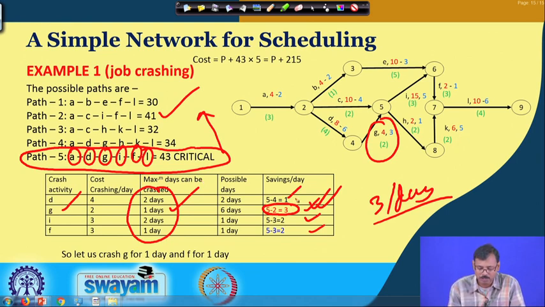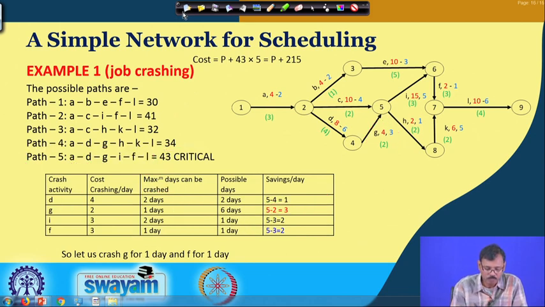So, let us observe the next options. Among those, this one and this one give us 2 units savings in cost per day, and this is available for 1 day, this is available for 2 days. So, in our case the first one has to be crashed because it gives us the maximum profit. Along with that, we can opt for crashing either 1 day here or 1 day here. In this particular calculation we have considered crashing in the case of F.